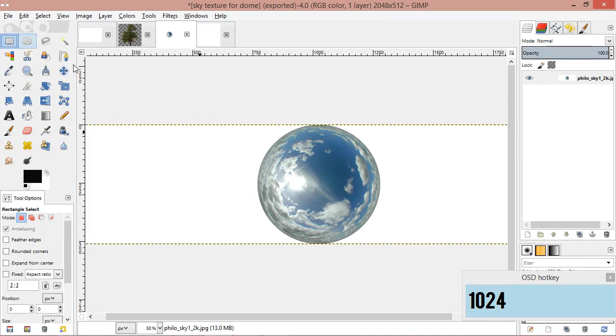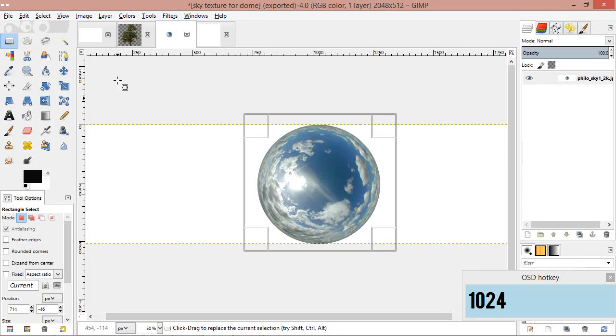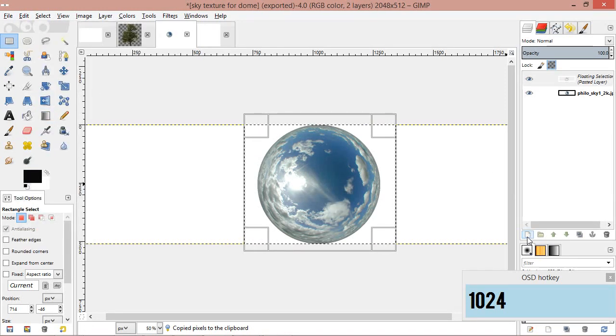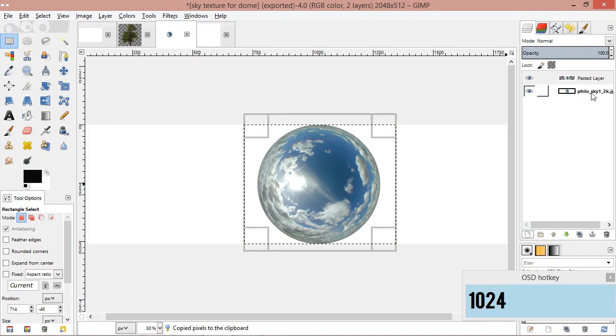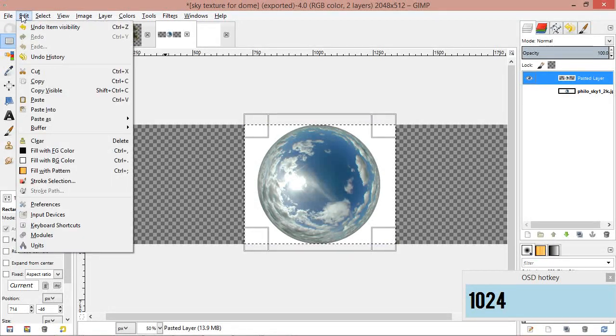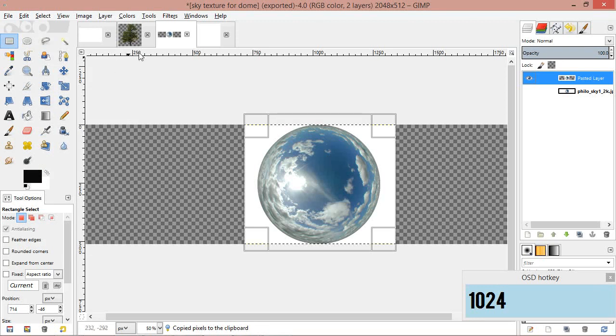we're going to do is go to our rectangular marquee, grab here around our image, hit Edit, Copy, Edit, Paste into, and then click your Create New Layer button. We'll hide this right here. And what we're going to do with this layer selected, we're going to hit Select, Edit, Copy, go over to